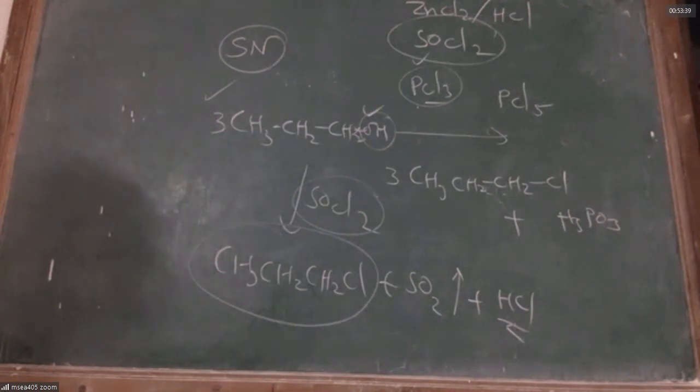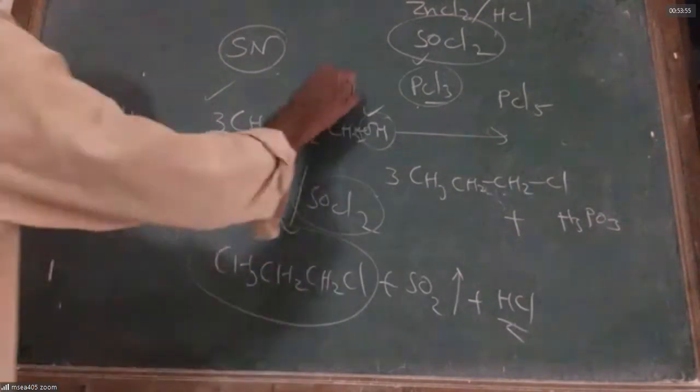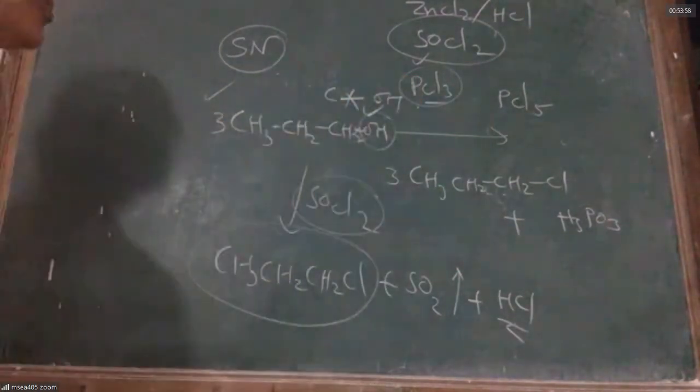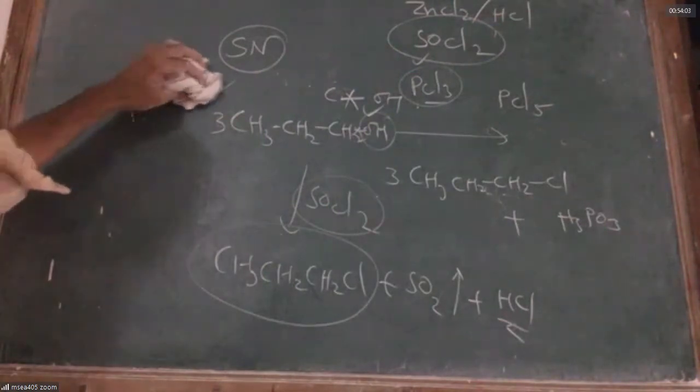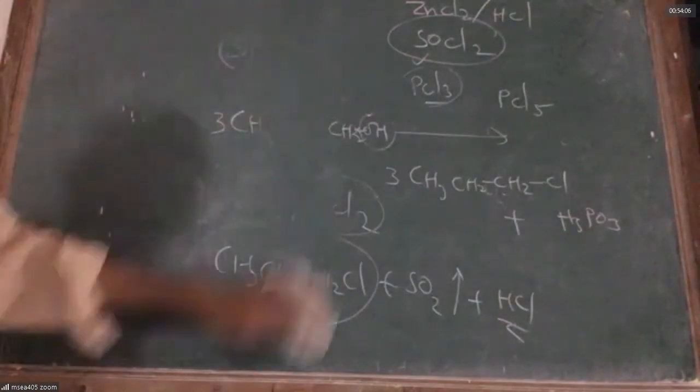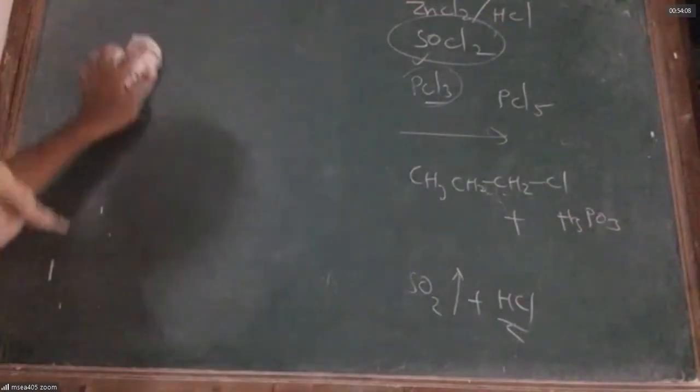Yes, sir. For this, the order of reactivity is tertiary greater than secondary greater than primary. The more stable the carbocation, the more readily it reacts, because this reaction first makes a carbocation as the CO bond breaks. Carbocation stability depends on whether it is tertiary, secondary or primary. So alcohols react with halogenating agents to give alkyl halides. This is the reaction that involves CO bond breakage. Is that fine with you? Yes.